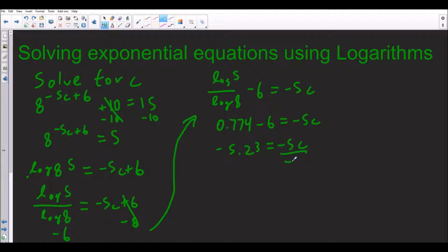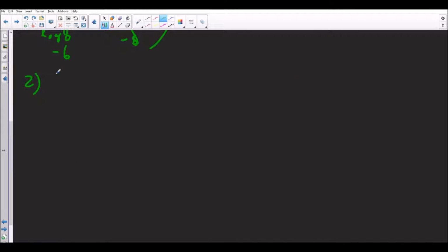So to get c by itself, we have to divide by negative 5. So then c is equal to 1.05. So rounded, c is equal to 1.05. So that is how you solve an exponential equation using logarithms. So we're going to try another question, and this one is going to be solve